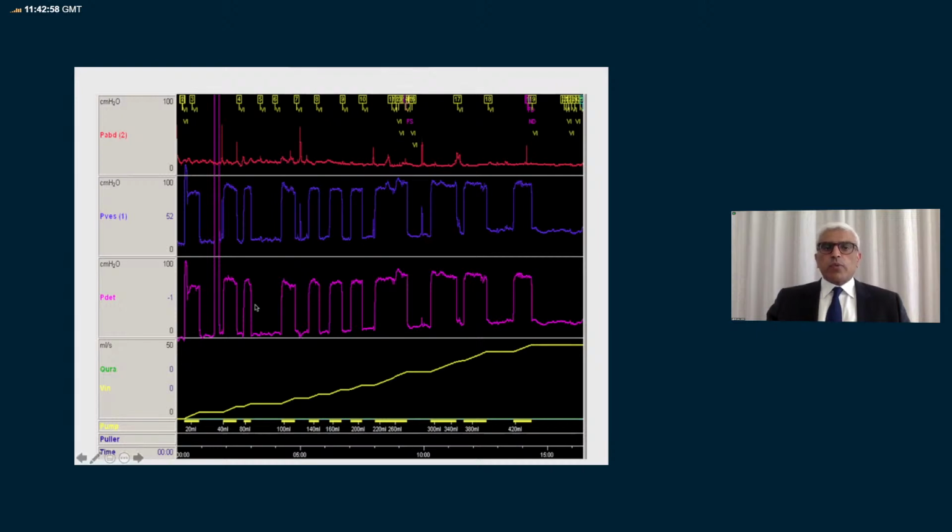And again, going back to what I said earlier on, it's pattern recognition. And this is a classical tracing, where the filling is done through the suprapubic tap. So as there is filling, you can see here, the pressure goes up. Once the filling is stopped, the pressure comes down. And this is what we measure. Possibly it's got some loss of compliance, as up to 420 mils, the rise in pressure is maybe slightly above 10 centimeters. So one can argue that maybe there is slight loss of compliance, but the important thing in this tracing is that here